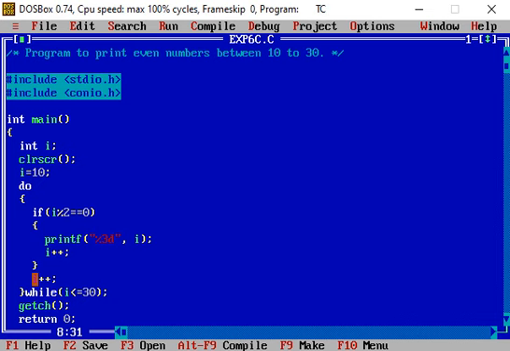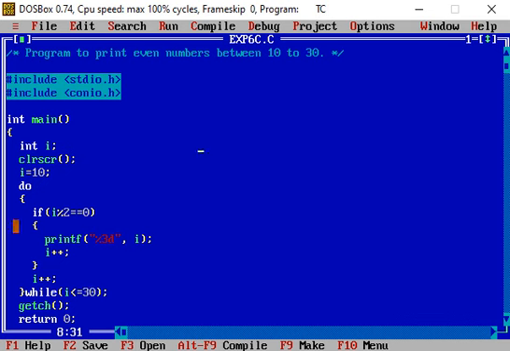So this value becomes incremented. Then the condition is tested. This goes on as long as the condition is true, that is, i is less than or equal to 30. So this 30 decides the upper limit.